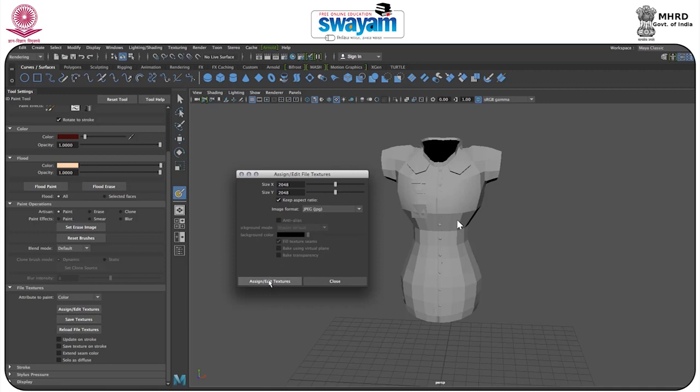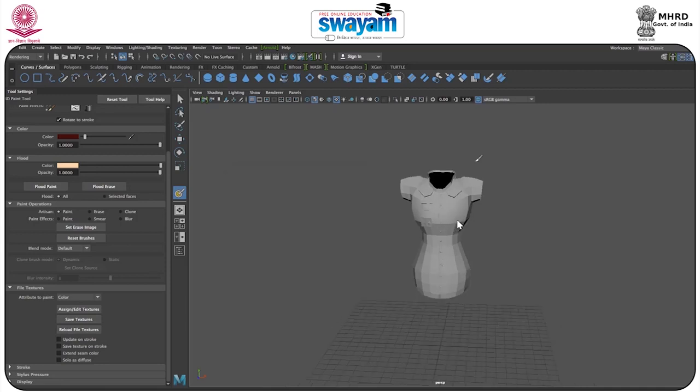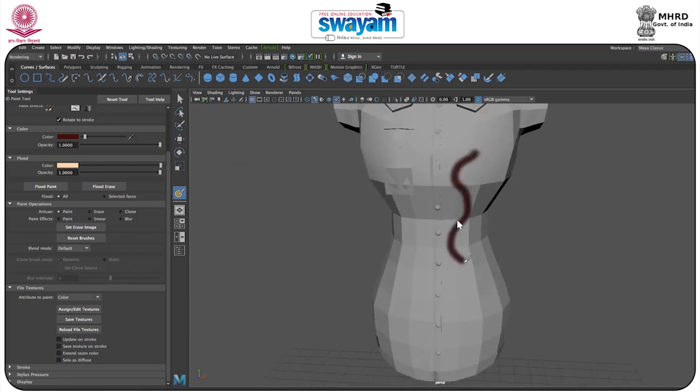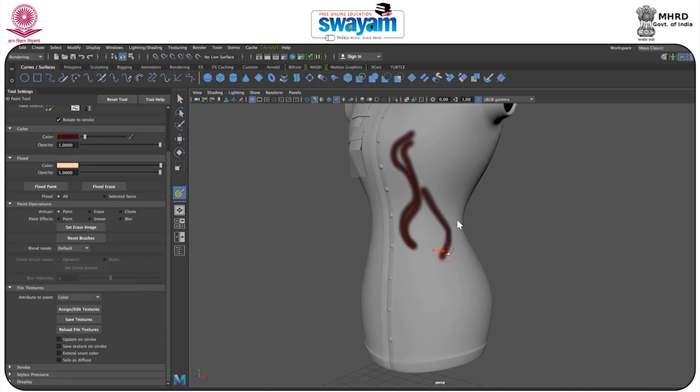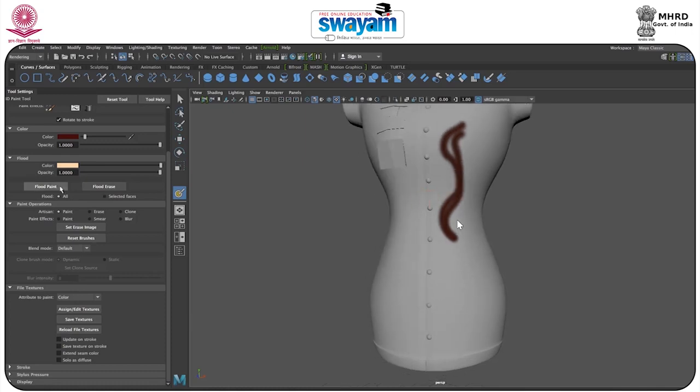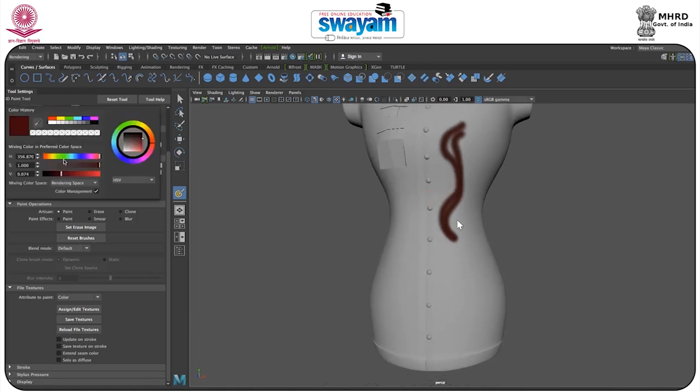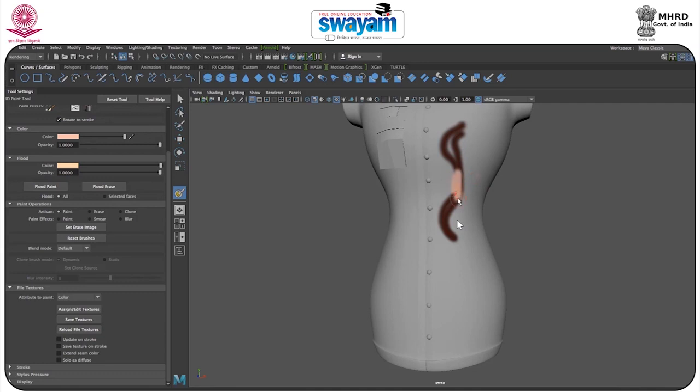So, Assign/Edit Texture. Okay, fine. And as you can see, if I paint, it will allow me to paint on the model. That's the main thing. If you press 3, subdivision access happens, so no worry about that. I will paint some textures over here. So let's start. I will click on the color and paint a little bit of pinkish like this. Now I will press P and hold my left mouse button and increase the size. So I will paint like this at first.